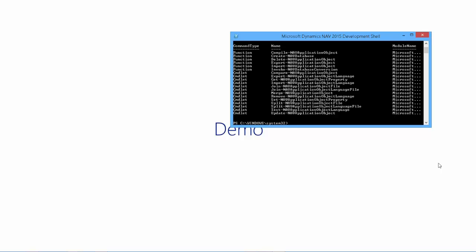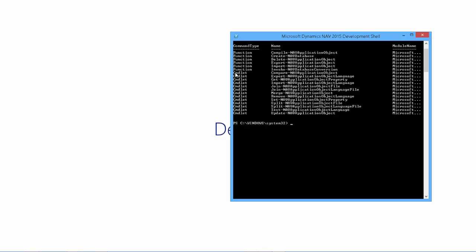So to do that, you use the development shell for PowerShell that we introduced in this version. And the way that looks is like this one. And it shows that there's a set of commandlets. Most of these are for merging application objects and metadata, and other how do I videos are covering that. There's also a set of functions which are wrappers around C-side to make it easier to use in a scripting